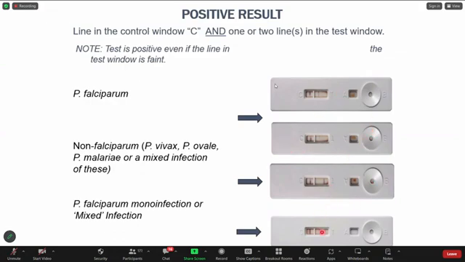So there are these ones that detect all the proteins produced in the early stages and in the late stages. So all these ones are positive. The bottom line is, for a positive result, there should be a line in the control window labeled C and